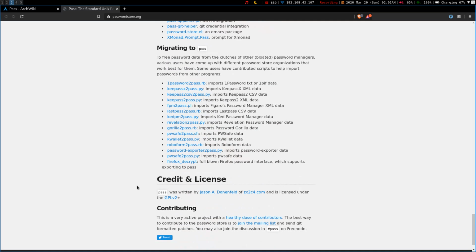If you are migrating here, you can always use Firefox Decrypt, pwsafe, maybe all those things. If you want to migrate to pass, you can use all those Python scripts here also. So this is all about pass. Hope you learned something, and I hope you start to move